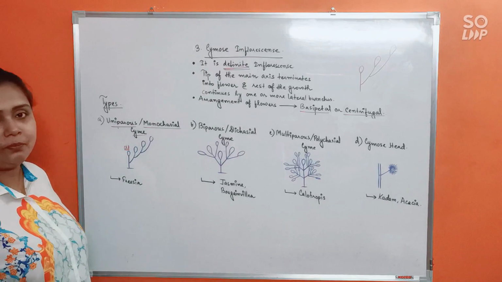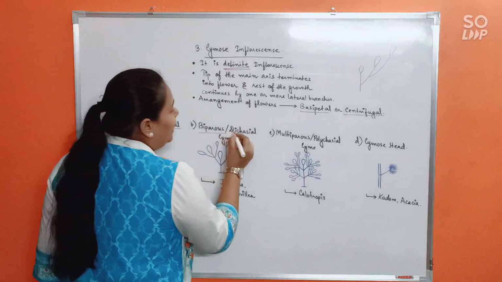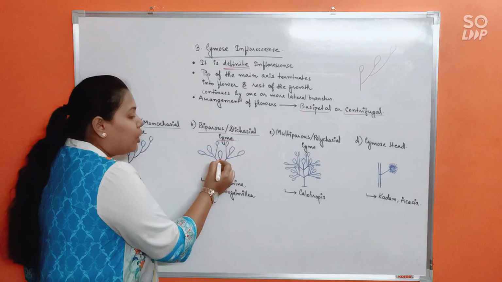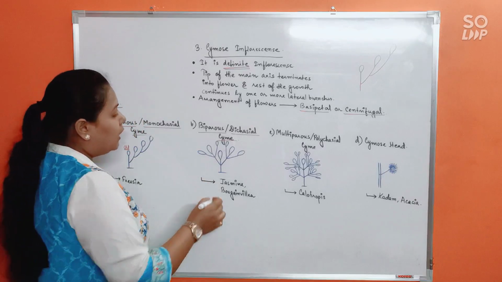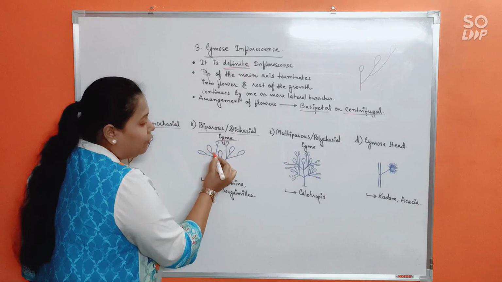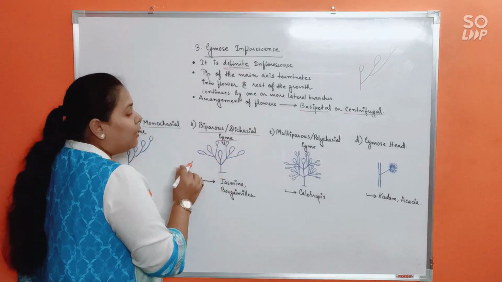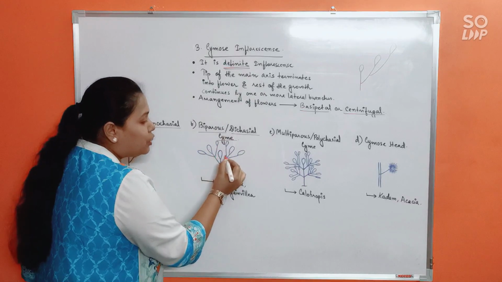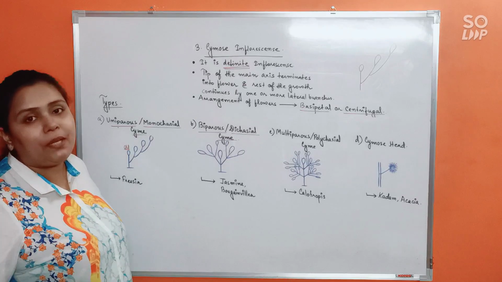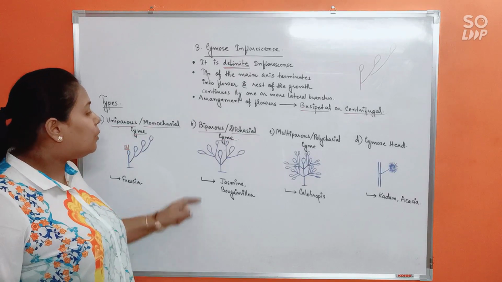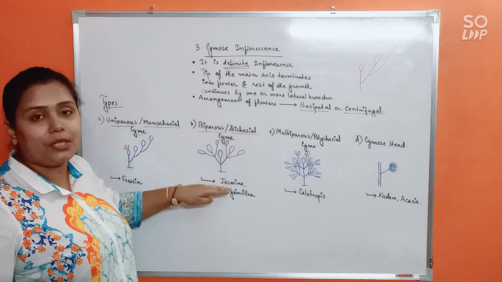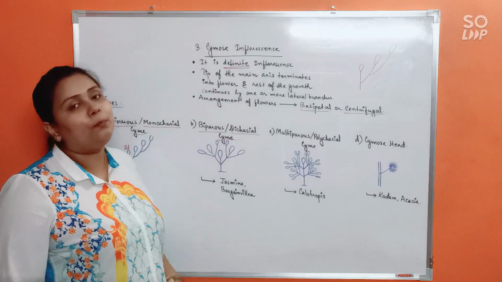Cyme means cymose. Next, biparous or dichasial cyme. Bi or di means 2. Here the growing point will culminate into a flower. Not one here, rather 2 lateral branches are arising and eventually they will also convert into flowers. As they convert into flowers, again 2 lateral branches arise. Again they culminate into flowers. The process is going to repeat itself. Because here 2 lateral branches are arising, we call it biparous or dichasial cyme. Examples are jasmine or bougainvillea.